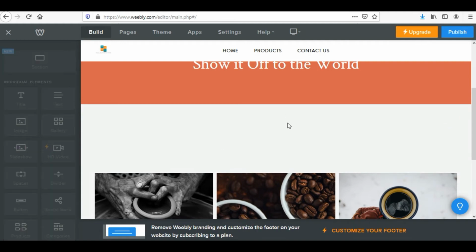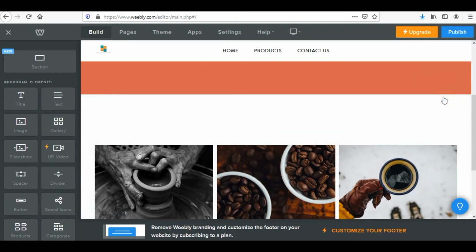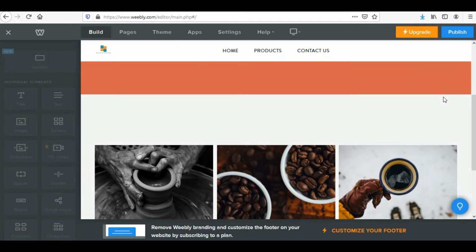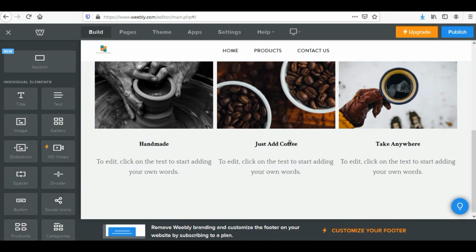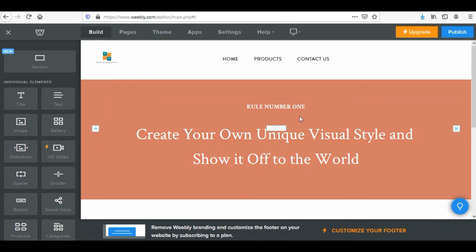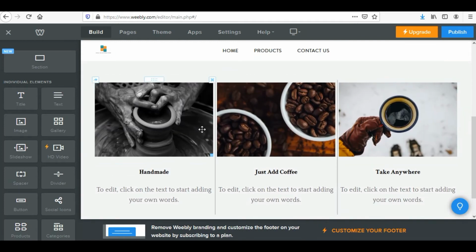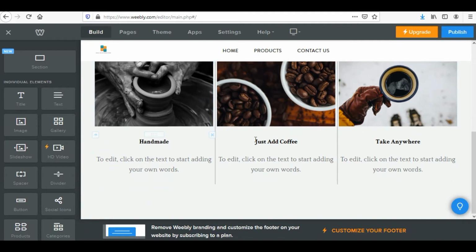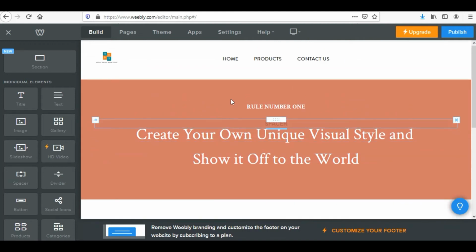This element is deleted. Now still there is space in between. I don't need this space, so let me get rid of this space too. The space in between is now deleted, and this is how I have envisioned my website. So here I'm going to write something related to why a person needs books, and here I'm going to give maybe three sections of fiction, different genre of books, maybe fiction, love stories or something like that, and I'll write something about it. So this is my front page or the home page, what I have thought about.